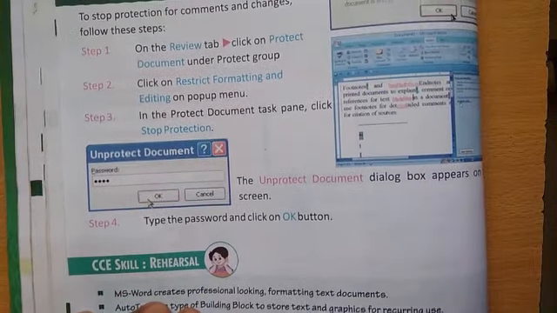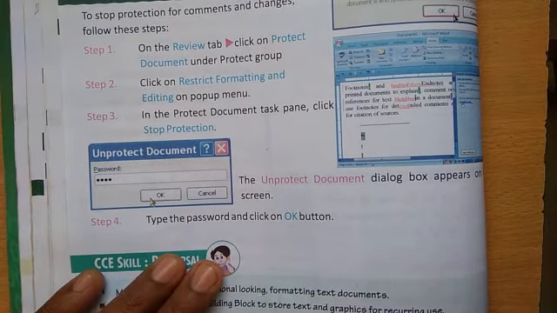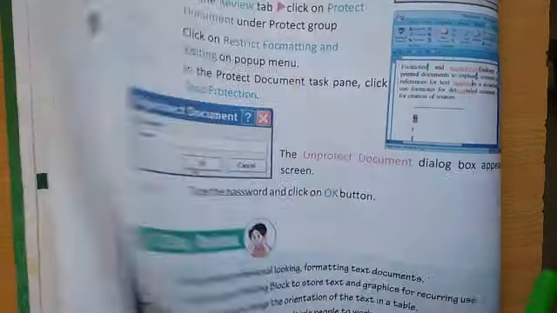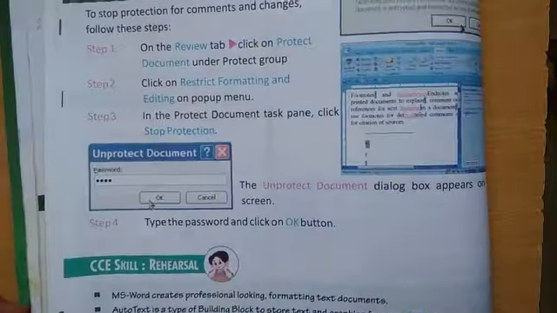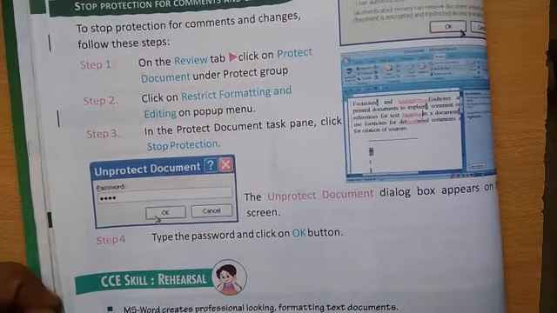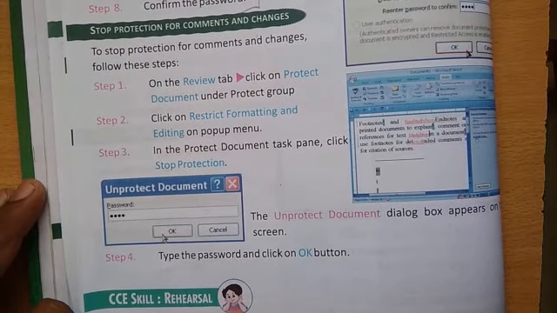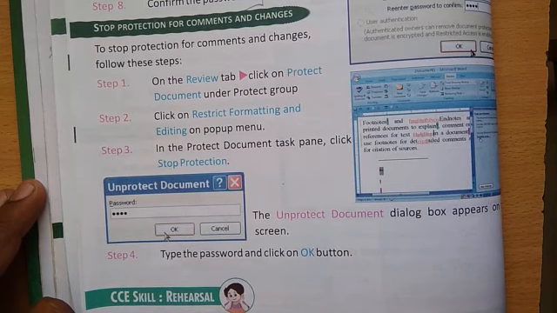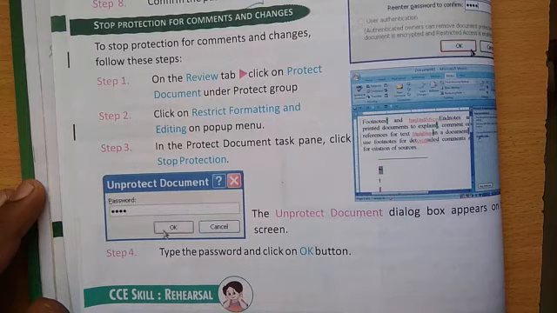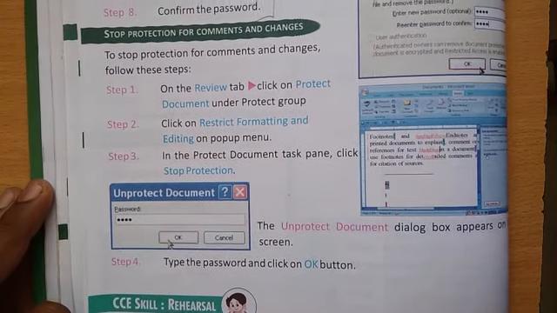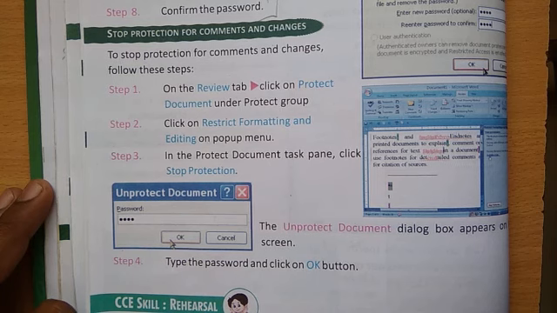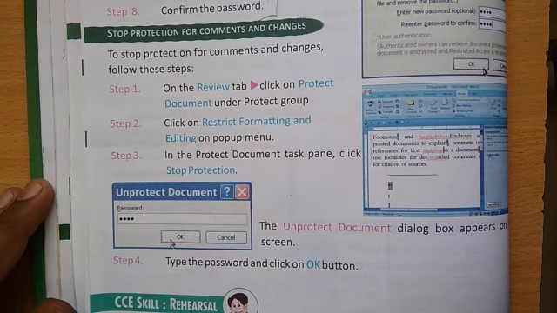Okay, so students, this is about your chapter 5, unique features of MS Word, and in the next video I will tell you how many practicals you will have to do in this chapter. So I will make another video for that. Okay, and if you have any doubt, then you can clear it in the meeting and tell me. After that I will make a practical video for that topic. Okay.